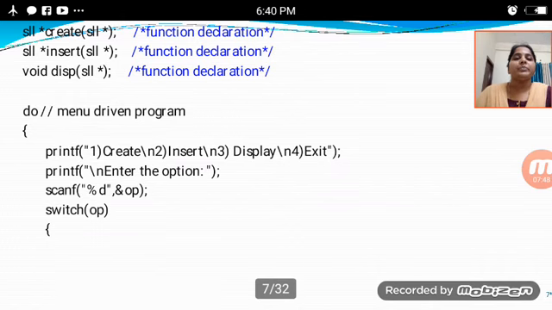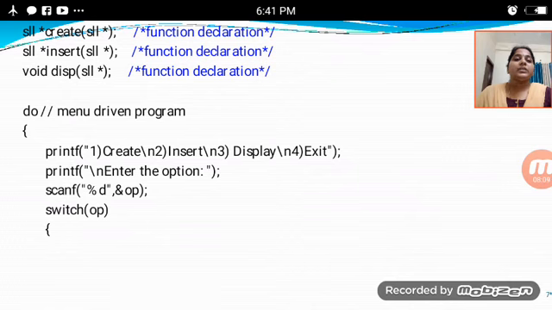First one is the menu driven program. With the begin brace, four options will be there. In these four options, I am using printf functions. The first printf function is the output function.